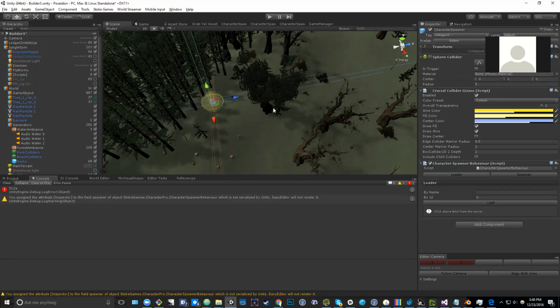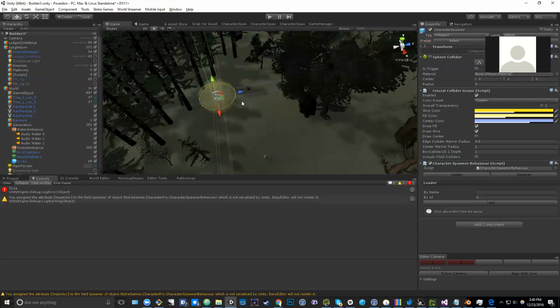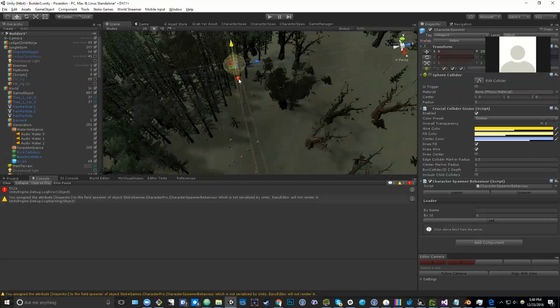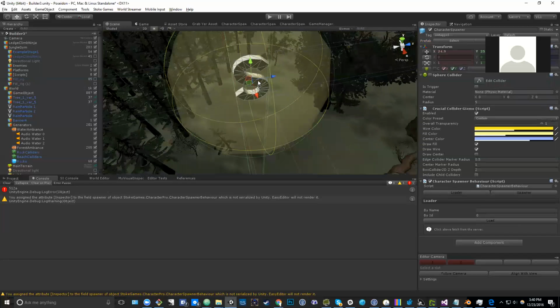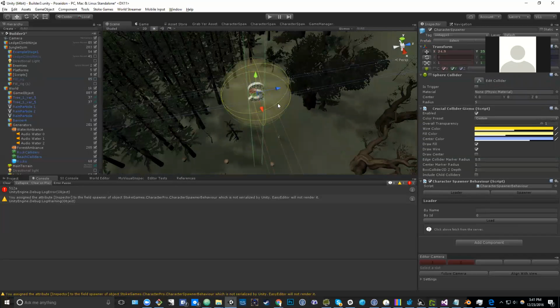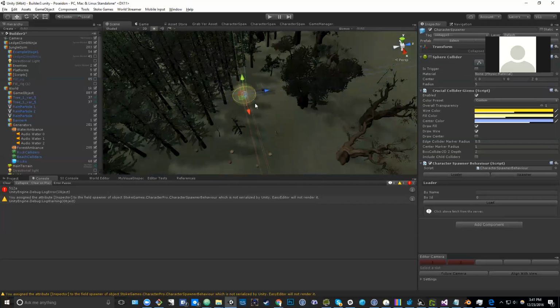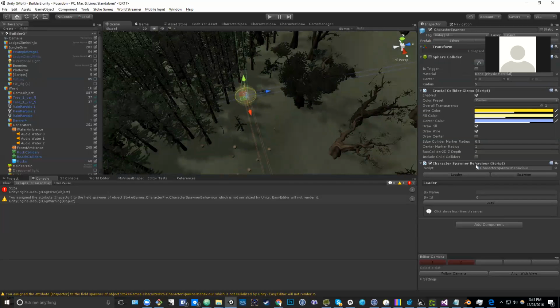These spheres basically indicate to us where certain things are in the world. So this one has an S, indicating that this is a spawn zone. What it will do is it hooks up to our character spawner. I put a minimal behavior on top, a wrapper around the character spawner utility class, which will load, check if